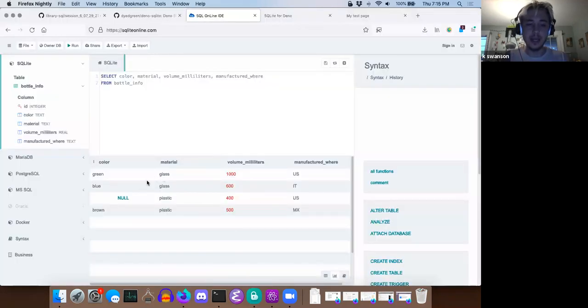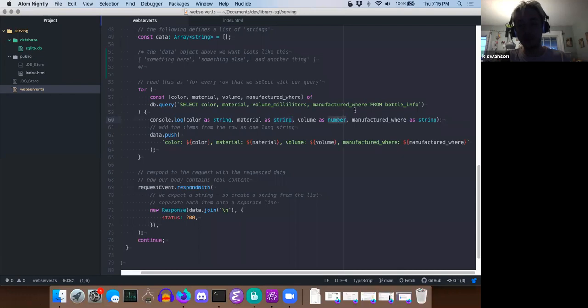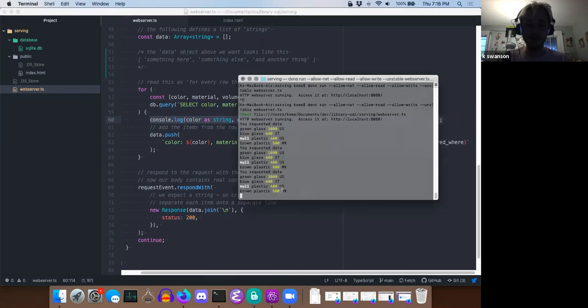So I expect a string, and then for volume, I expect a number, and then for manufacturer location, I expect a string again. So I have number and then string. So I'm logging that to the console with this line. So for every row, I'm going to make an entry in the console, which I'll be able to see here,